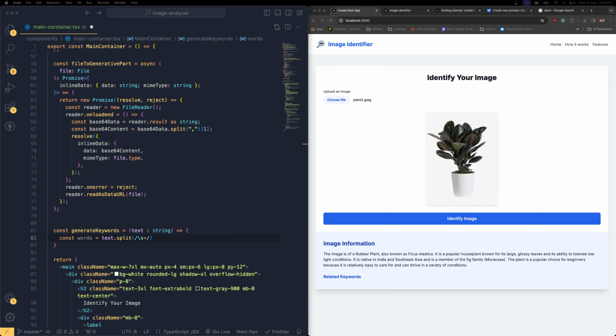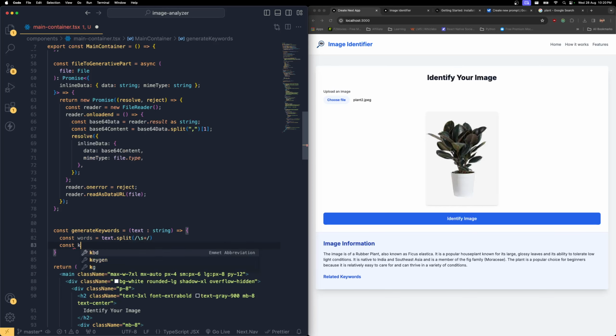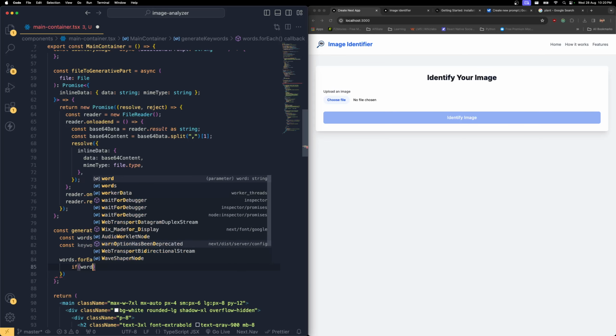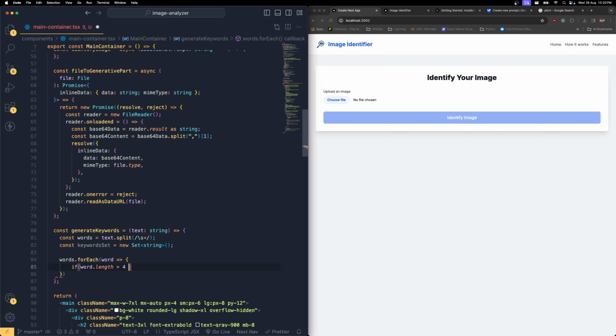All right, so perfect. Then what I need to do is generate the keywords. So const keyword set is equal to new Set, which is going to be of type string. Perfect, now we have a new keyword set, and words.forEach, open it, and I'm going to extract the word out of it, if the word.length is greater than 4